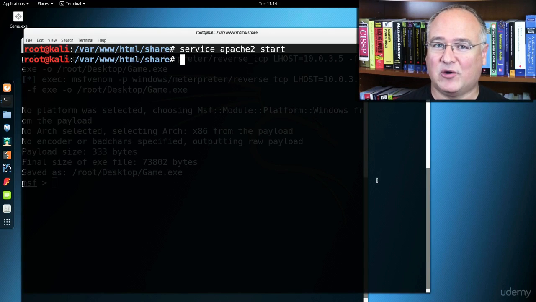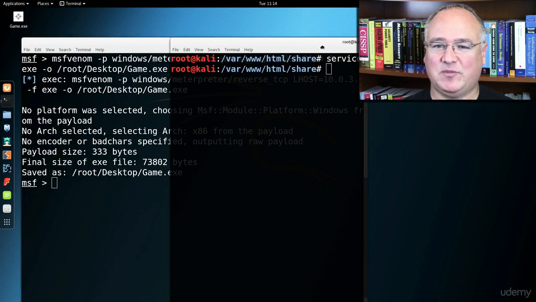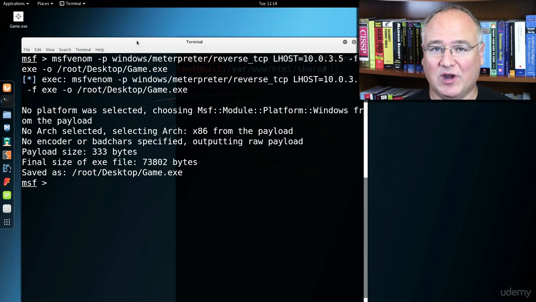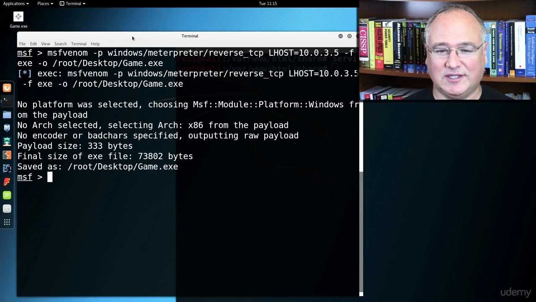Now that we've created our exploit payload and we've set it up in a shared folder on our Apache server, our web server, it's time to switch back over and we're going to run this exploit on our Windows 7 computer. And now we need to establish a handler so that when that payload file phones home or calls back to our 10.0.3.5 Kali Linux computer, it will be able to do something to exploit and to compromise that Windows